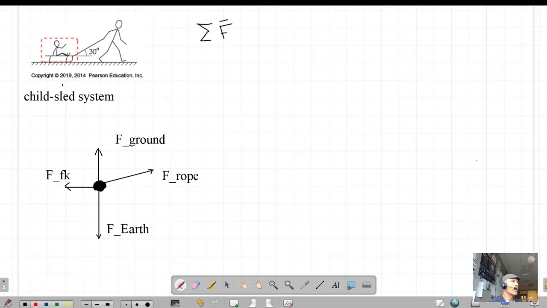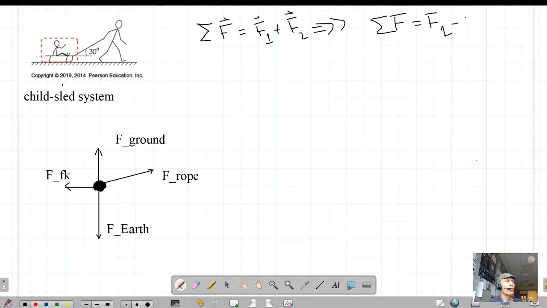So you've seen me write sum of the forces like this with a vector symbol. When I write that, then we can add any two forces together, and we would put a plus sign to show that we're adding them together. This does not necessarily mean that we are summing them. We might be adding the opposite of one if they are in opposite directions. So this plus sign might turn into a minus sign later when we go about trying to solve this equation. We say, oh, the sum of the forces is equal to force 1, which is positive, and force 2 is negative. So this is a vector statement,